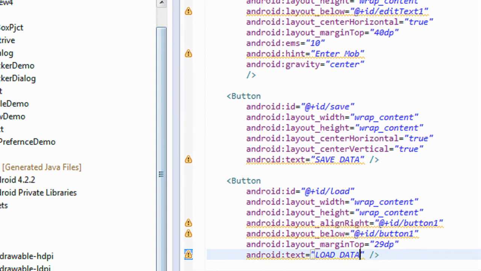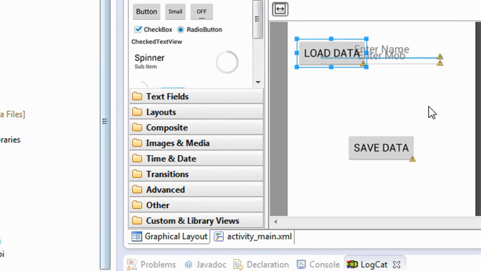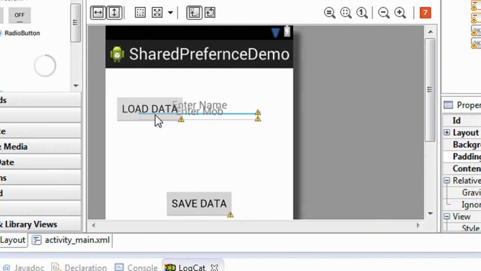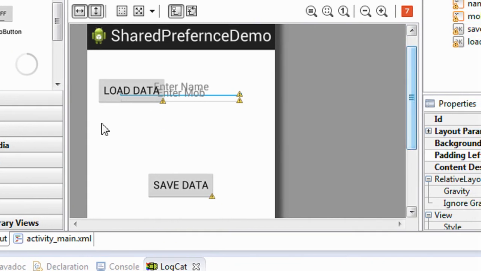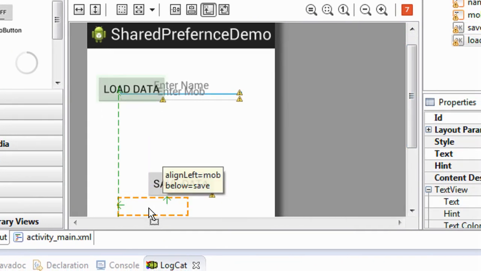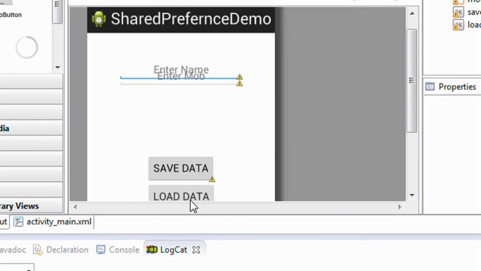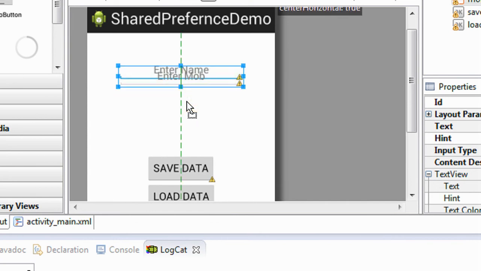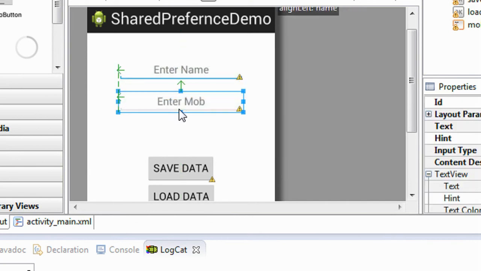Okay, that's fine. Now take a closer look at the XML file. It is altered, so I have to arrange it again. I place the load button below the save data button. Enter name. Here is enter mobile number.